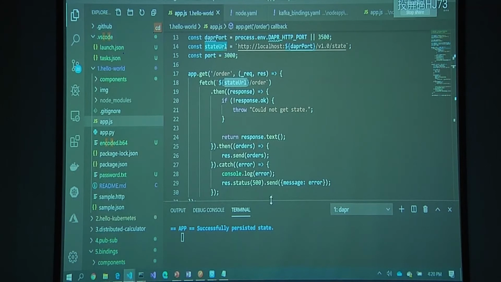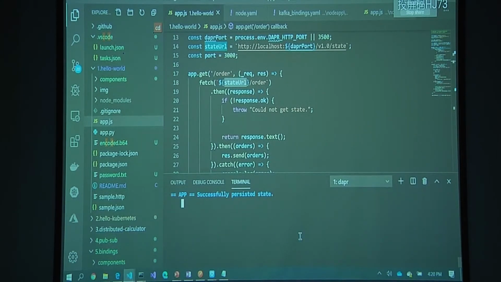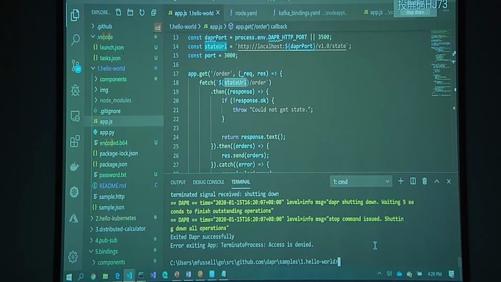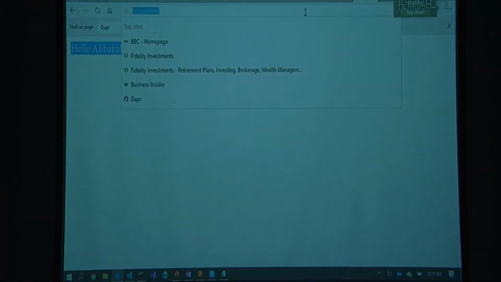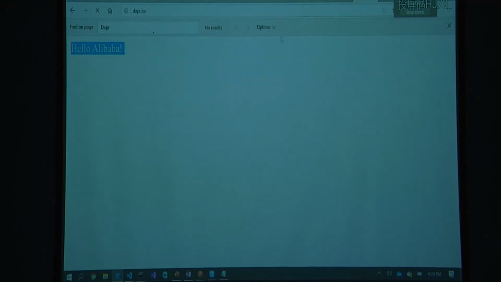Getting started with Dapr is very easy. If you go to, let's see if this is working here. If you go to Dapr.io,